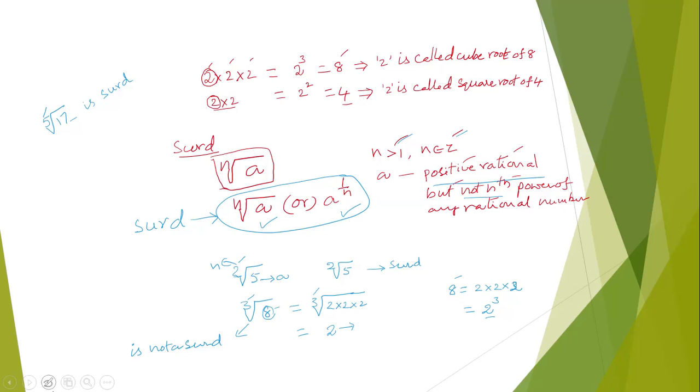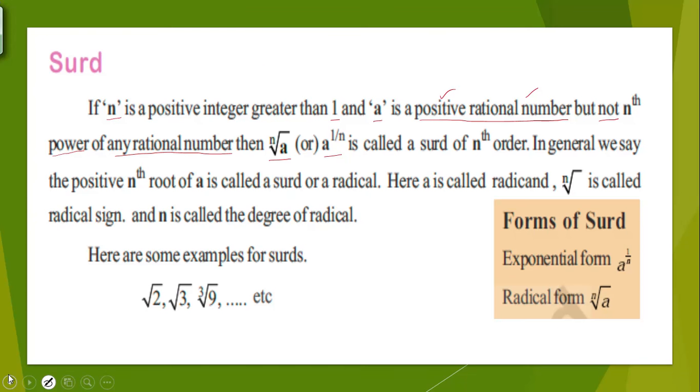Okay. Now we move back one step. Look at the definition here, and the examples are also given there. Root 2, root 3, cube root 9, etc. These all are called surds. Why? 2 is not a power of any rational number, and 3 is also not a power of any rational number, and 9 is also not a power of,